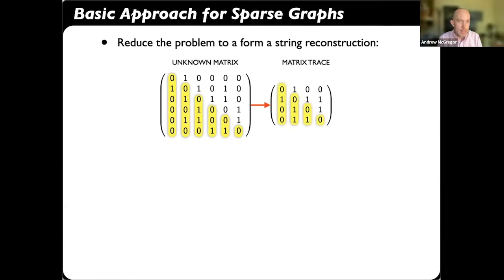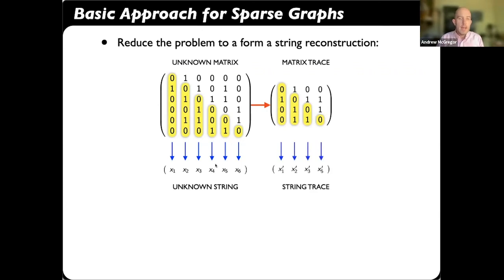And you look at this in the unknown matrix and the trace matrix, okay? And you find a way to encode these binary strings into values, say x1 up to x6, where xi corresponds to the ith column. And for the matrix trace, if we're talking about the 4th node and the 6th node being deleted, say this column and this column being deleted, then we end up with x4 and x6 being deleted, but also note that these values themselves change.